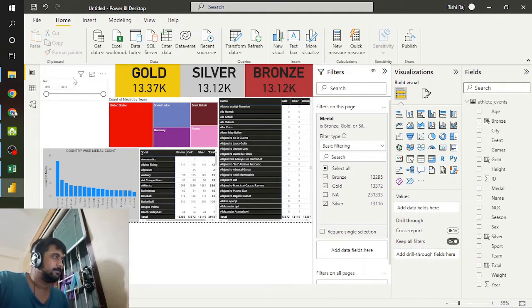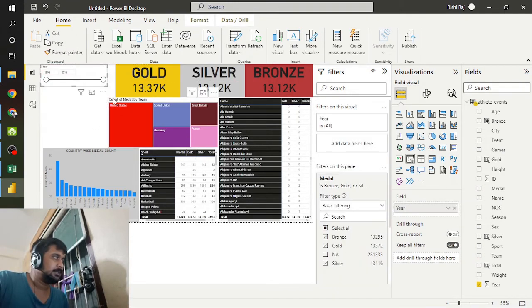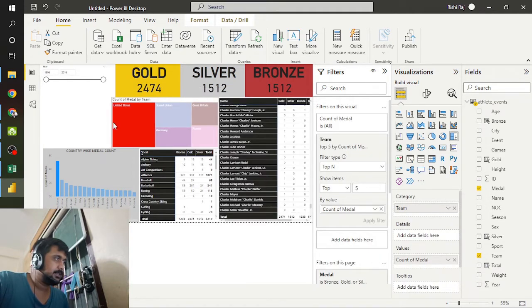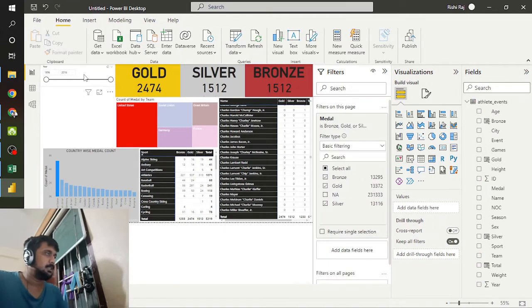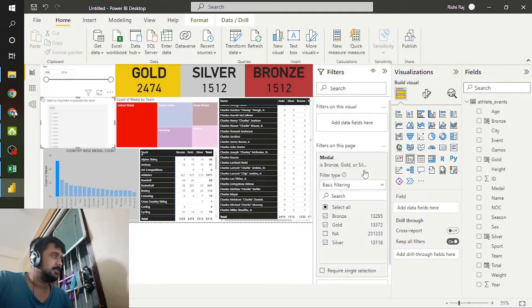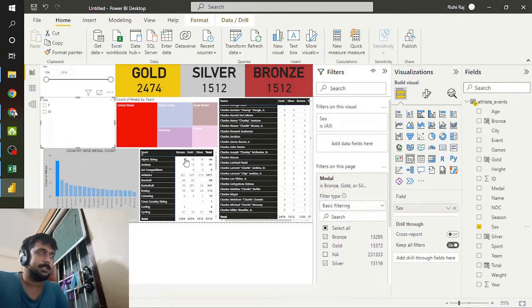So we can put this one here also and reduce this one's size. So make this one large. And in the starting we have made a slicer. So for this we will select the slicer. We will include the sex here and we will make it a little bit small like this